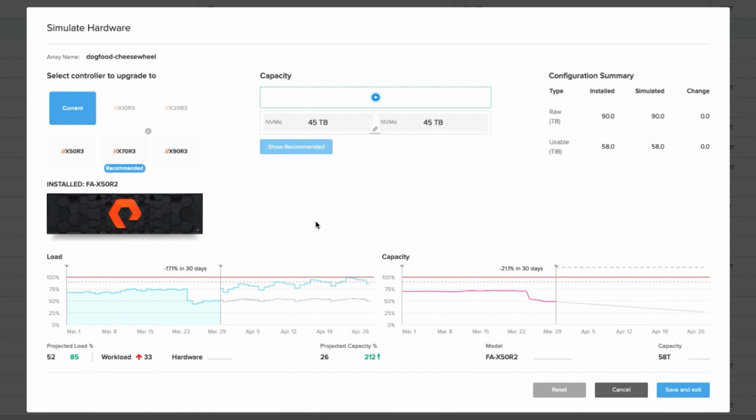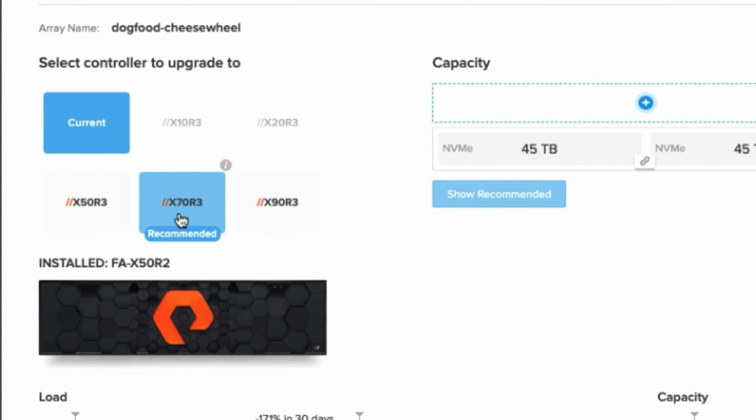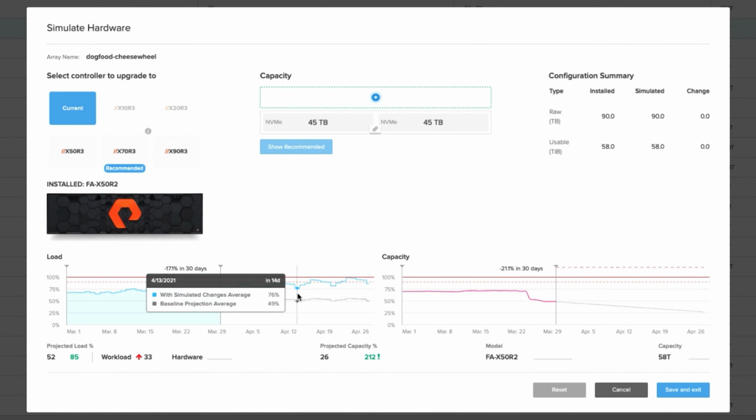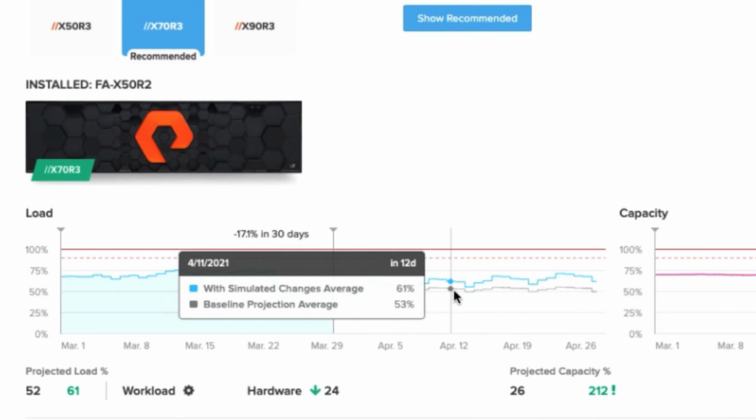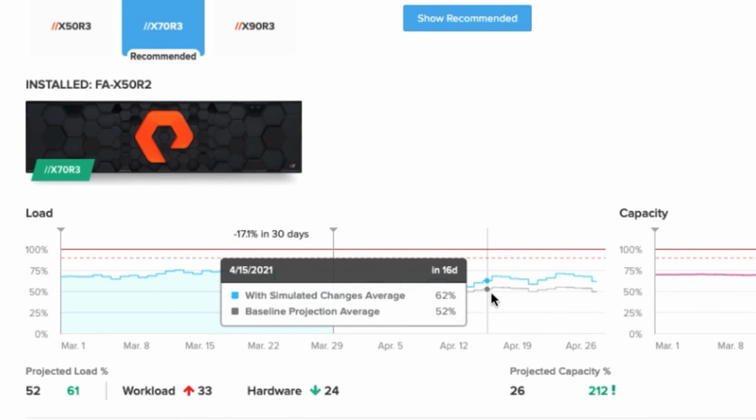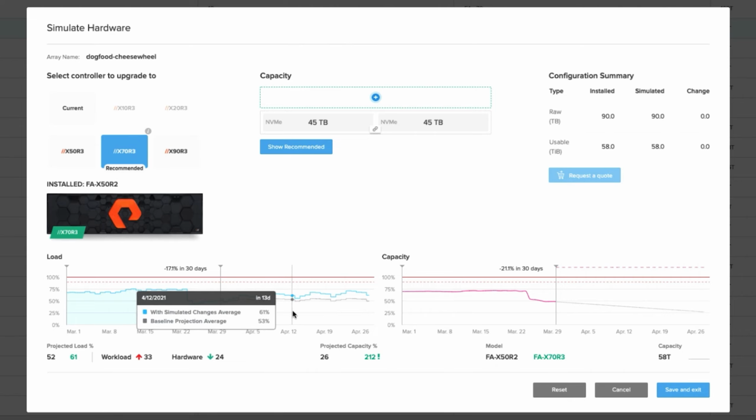Now the great thing is these tools all work together. So it already has the simulated change from your other 5x growth factor already in here. And as a matter of fact, Meta is already hard at work because it's already recommending an upgrade for you. So pay attention to this graph, the before and after graph, because it's going to shrink quite a bit when I simulate the upgrade to an X70R3. So you'll see now I'm in a much better situation when it comes to load. So I feel like this is an upgrade I'm probably going to have to do if I plan on really upgrading this application. The next thing is capacity.